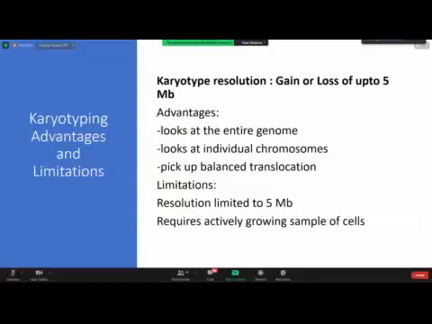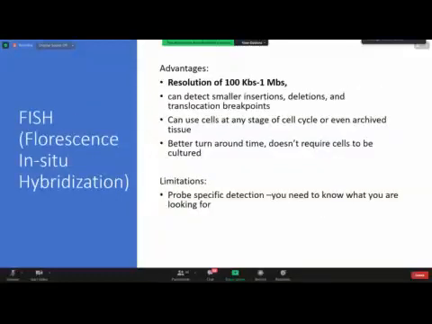So, for example, if you have an old sample, you cannot go for the karyotyping. So these are some limitations. And then we go for the FISH. So what is FISH? It's fluorescence in situ hybridization, where we use the fluorescent